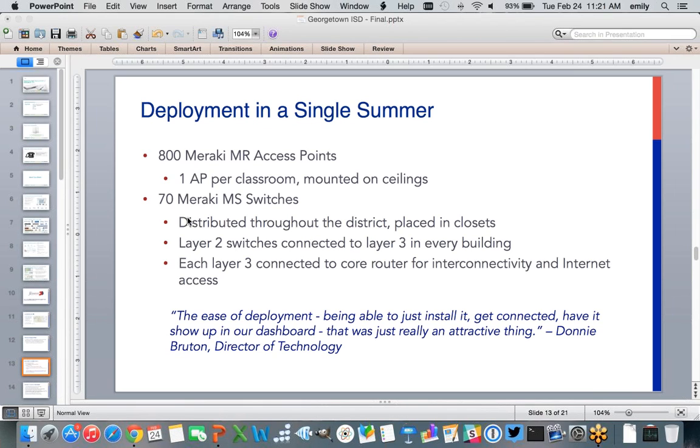We do limit our deployment. We limit the students to only one device per student. So if they connect with a second device, it kicks them off with the other one. But that's a change we made at an upper level to basically limit the number of devices that would connect and interfere.